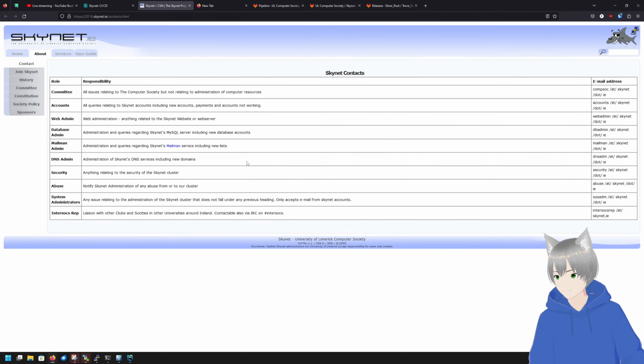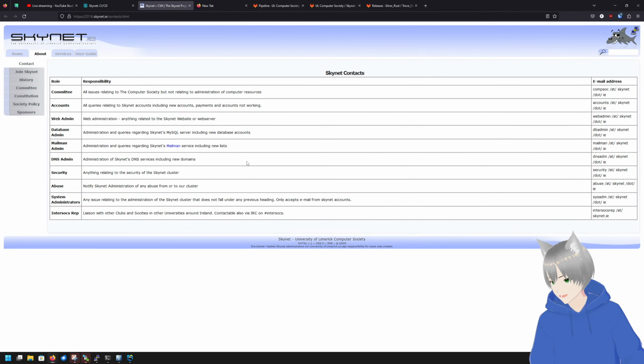Database admin, that may be something slightly different in the future. We don't really have a database needed to manage. Every service that we install that needs a database kind of sets itself up on its own, and that's fine.